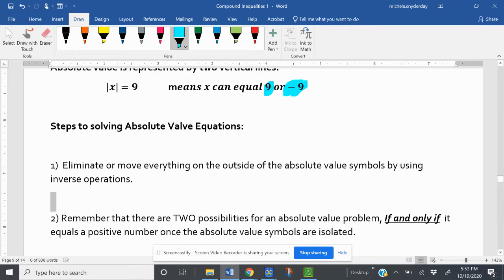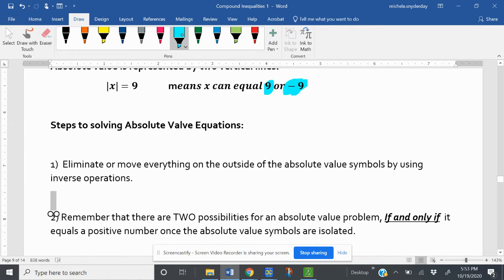Steps to solving absolute value equations. Whoops, I got a little typo here. I want to see if I can fix that, but I might not be able to. All right, absolute value equations are